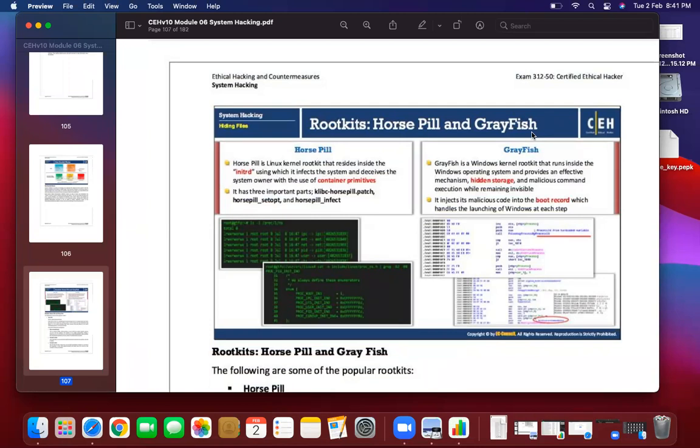How to detect these rootkits, I will let you know. The FBI blacklisted these softwares, which means that using this software, even for good purposes, is not allowed. Not only for illegal purposes, you cannot use this tool for any purpose.